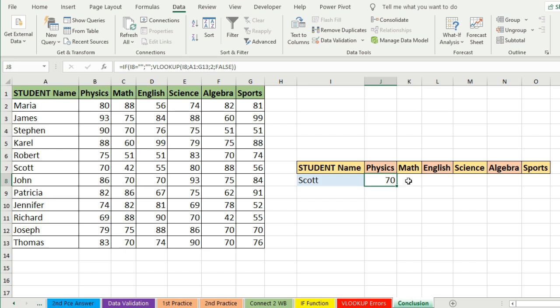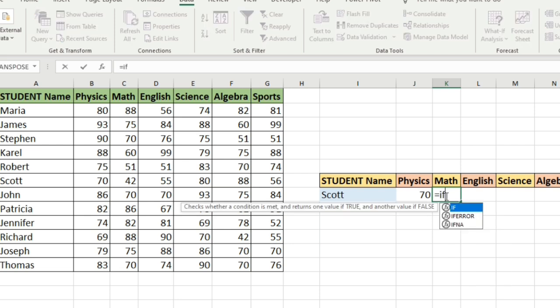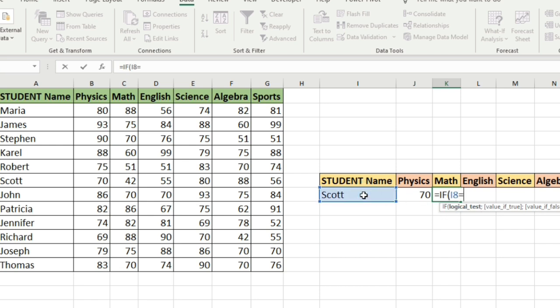In this cell I will first apply the IF function, then the VLOOKUP function at the same time. So equal IF, as you see, the function. Let's press tab. The logical test is if this cell equals two quotation marks, meaning empty,